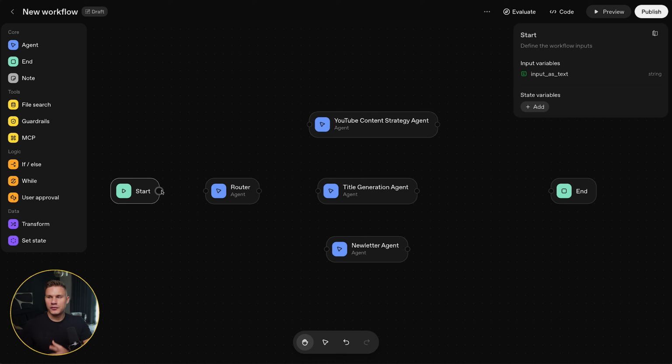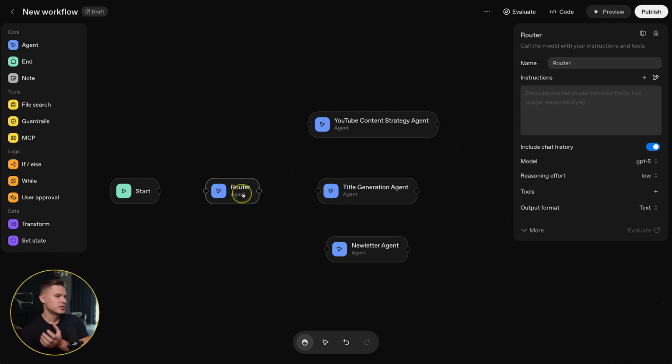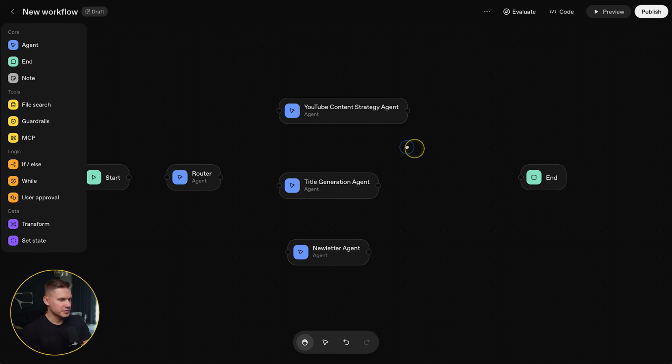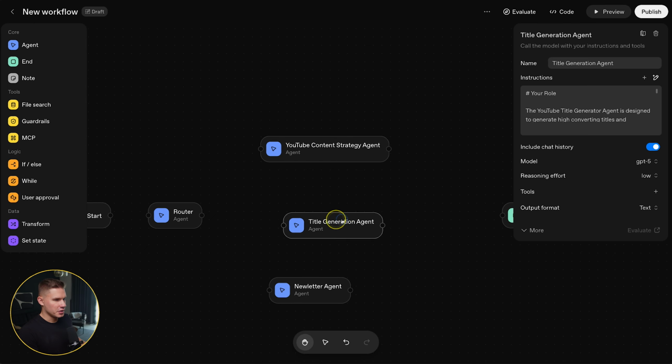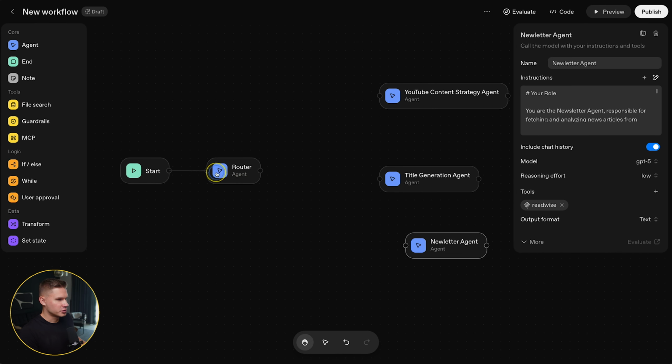That adds a lot of unnecessary complexity and just makes the system a lot more unsteerable, because now you're not talking directly to the YouTube content strategy agent, you're talking to the router agent first, so you're relying on this router agent and how it's gonna pass the information to another agent. So honestly, it's a pretty horrible experience creating this multi-agent system on OpenAI's platform so far.